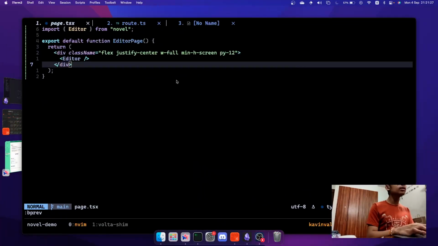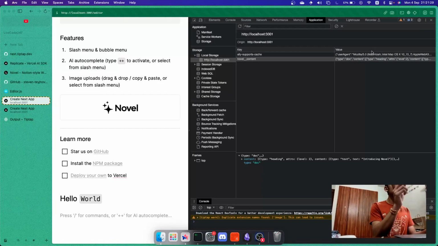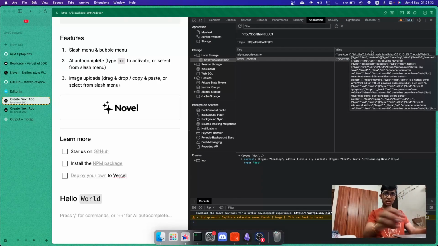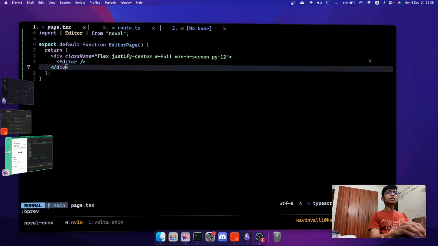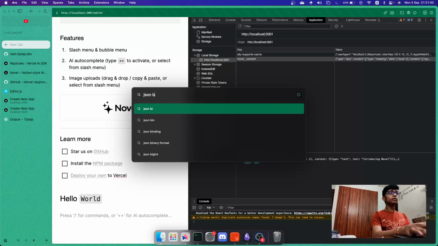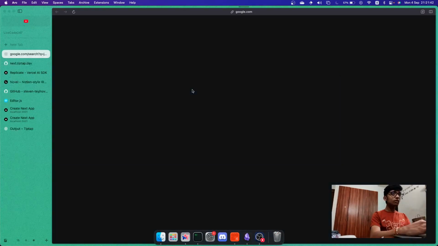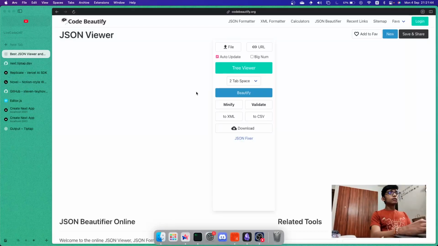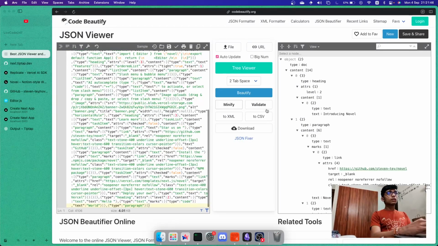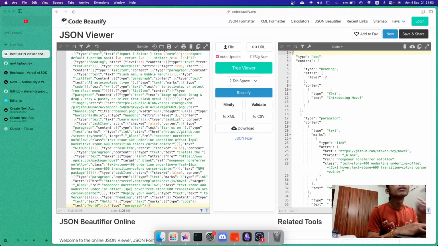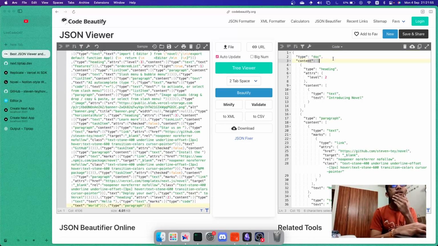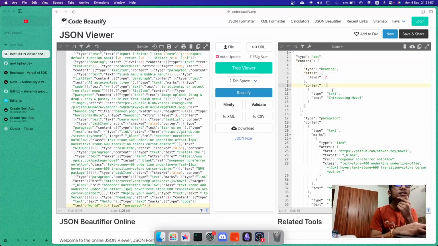But basically, editor.getJSON will give you the JSON for it, and this is storing it inside this. So if you look at this over here, if you just open a JSON visualizer, I just wanted a beautified version. Yeah, so it has a type, it has the content, which is basically a nested system of all